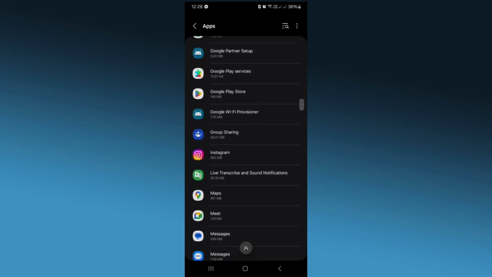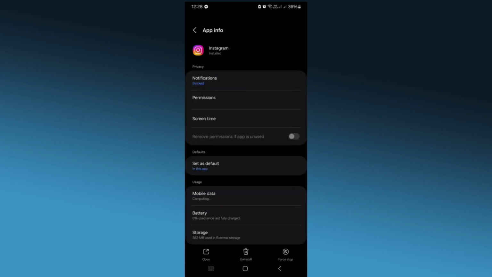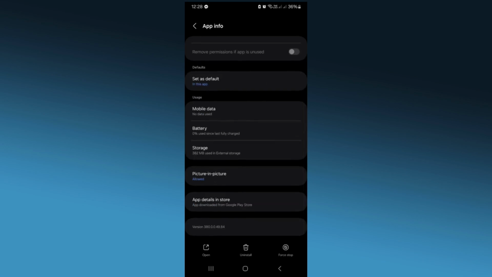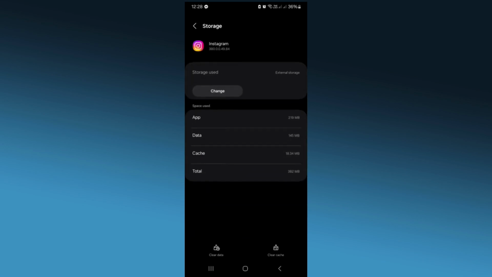Tap on it and then go to storage, then select clear cache, and that's it. If you are an iPhone user, you might need to reinstall the app to fully clear its